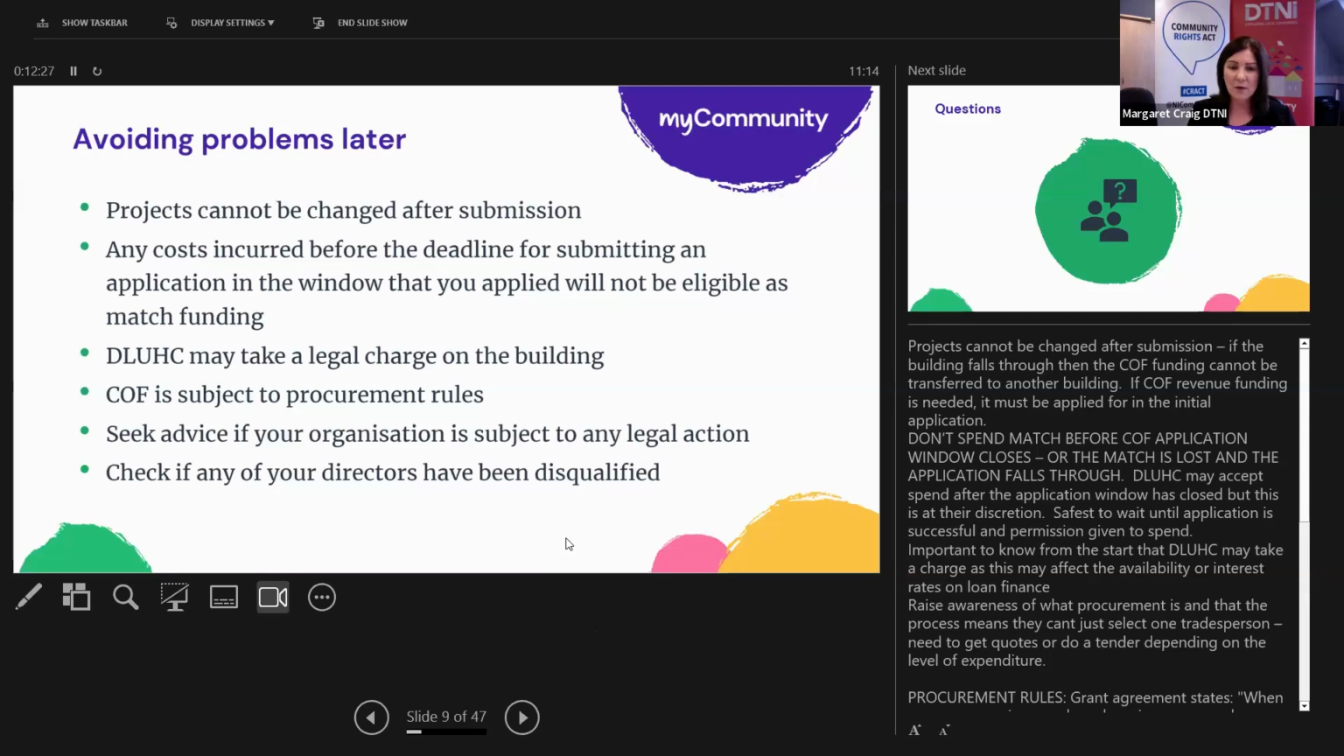So if you have funding from another funder, say your local council or another government department, and that funding says they need to take legal charge, just let DLUG know, and DLUG are happy to take second in that list. So it's just something to be aware of, not something to scare you. And COF is subject to procurement rules, so that's just, we know that, you get your quotes and good governance,